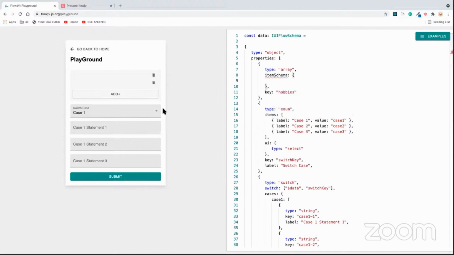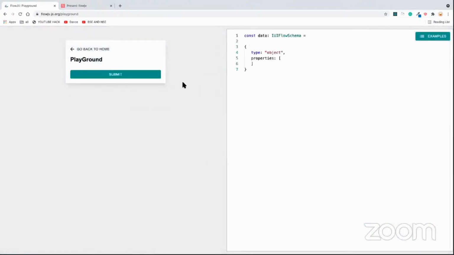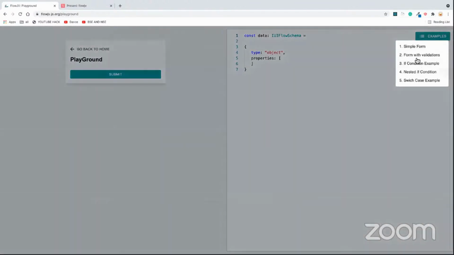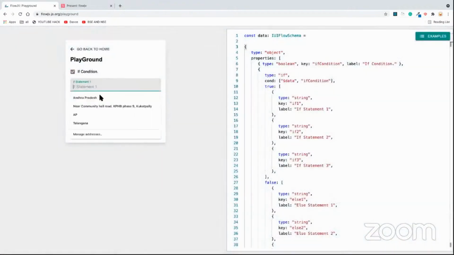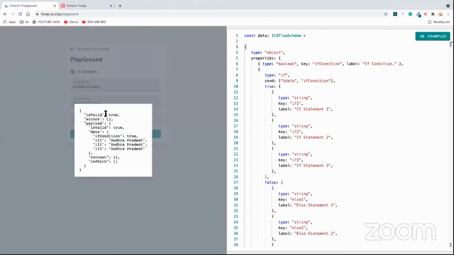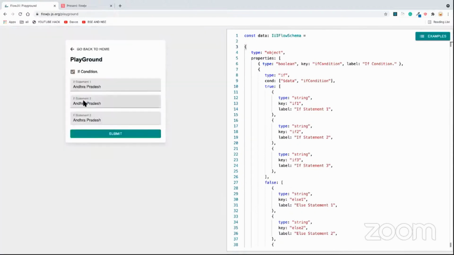Another important point about FlowJV that I want to mention is, let's suppose I've got an if condition. Now I will enter some information, whatever. And then I've got this data where, if the condition is true, this is the key in which this Boolean flag is stored. And then I've got this Andhra Pradesh.